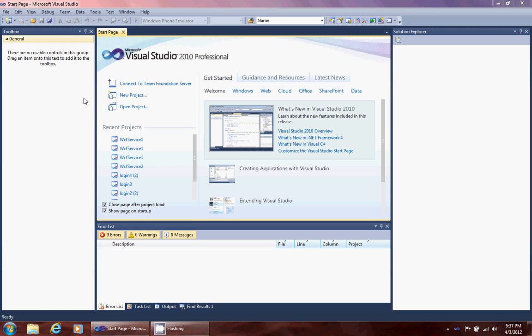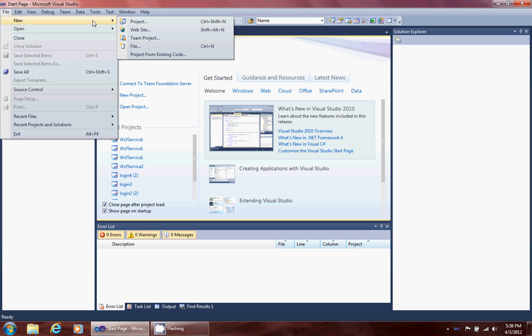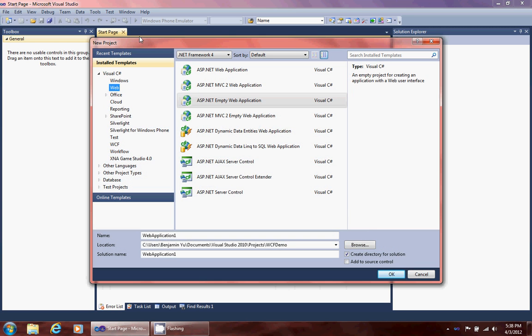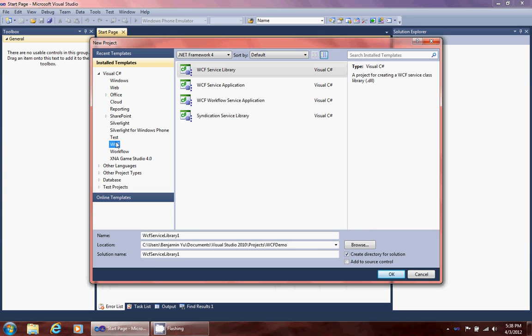Hi everyone. This demo will show you how to create a simple WCF application. We start with a service and then we'll create a web application using that service, and I'm going to convert this service into a RESTful service. Alright, so we'll start with Visual Studio 2010, create a new project using C# WCF application,